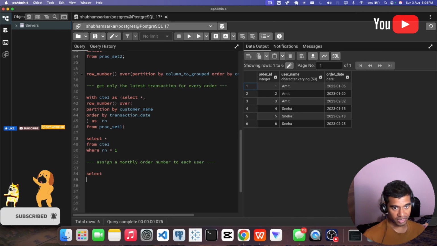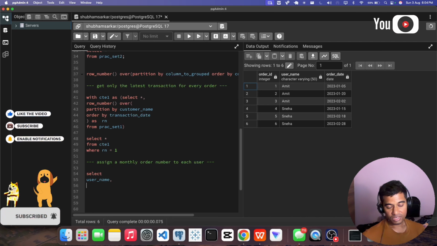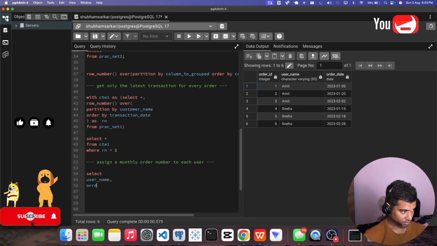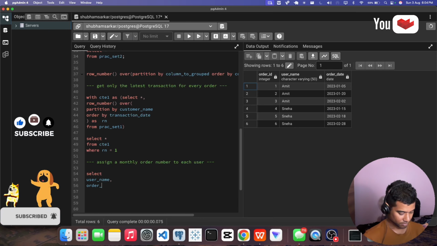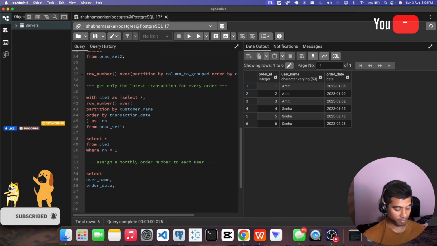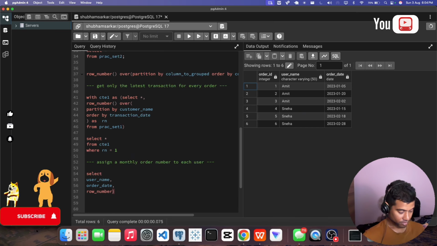So what columns do we need right now? We need username. Username will get the customer name, then order date, okay, and then the main part, row number, right?